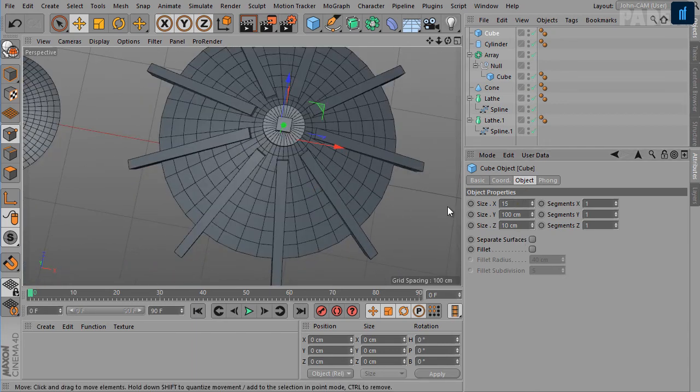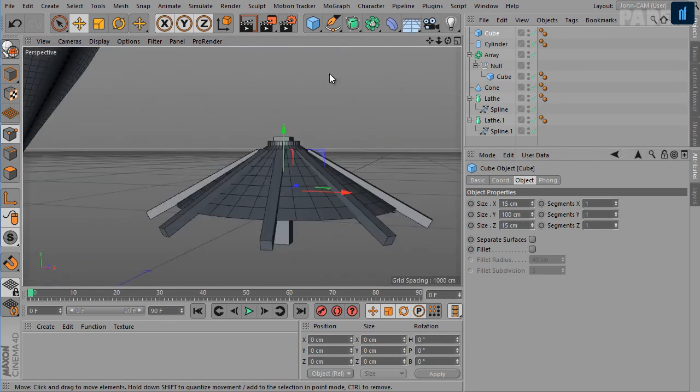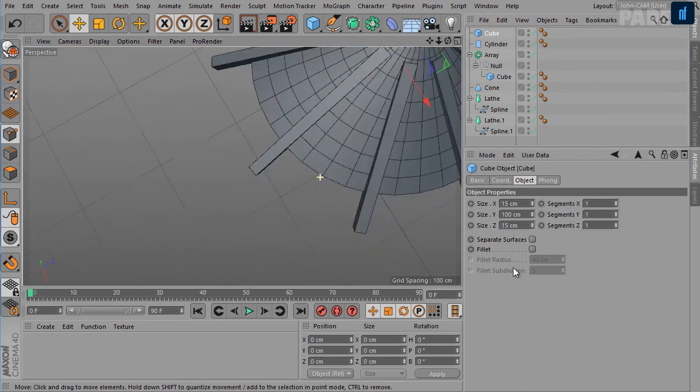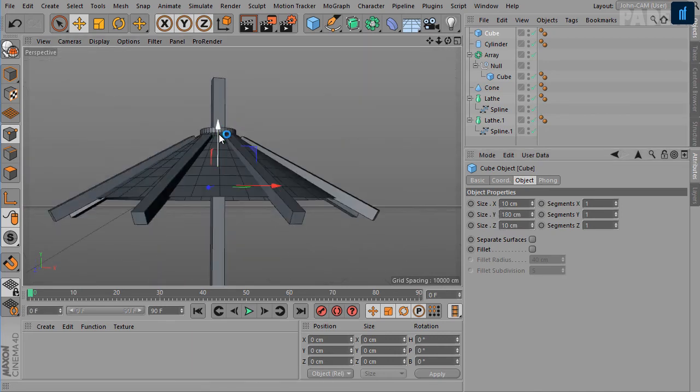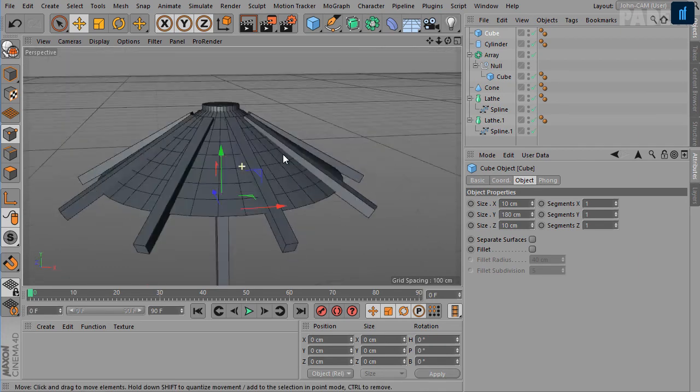Okay, let's make it 15 centimeters in size X and 15 centimeters in size Z, and then let's switch back to 10. The height to 180 centimeters. Move it down